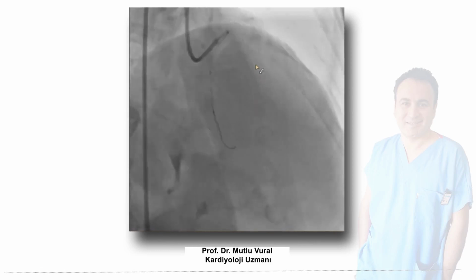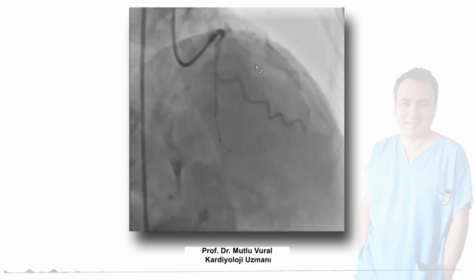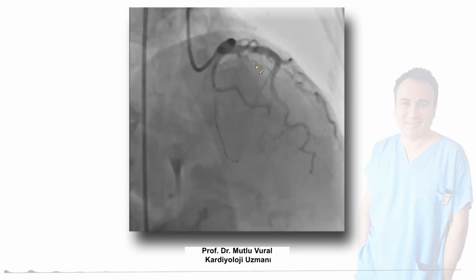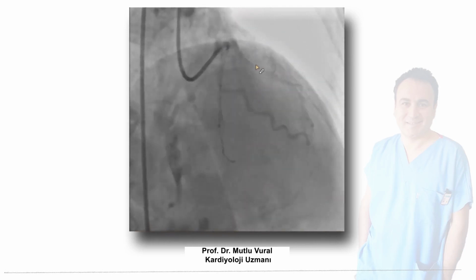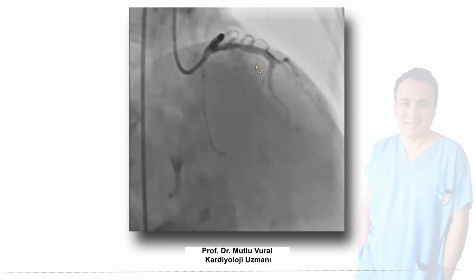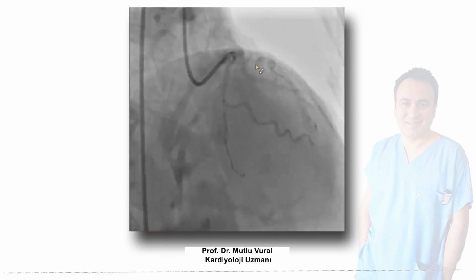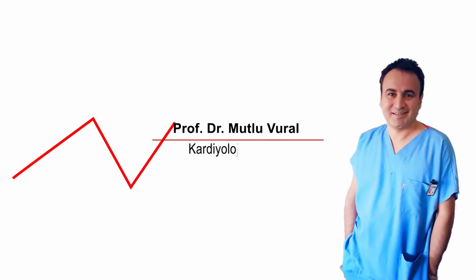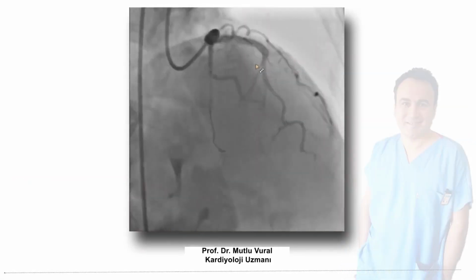And in the second case, if you see big RCA, you will not see big circumflex. So if you see OM1, OM2, OM3, this is OM3. After OM3, circumflex would be a very small branch. In case of dominant RCA or codominant RCA, you should not dilate or perform intervention